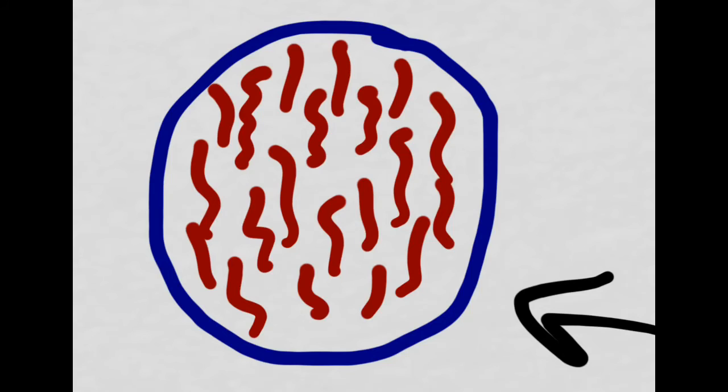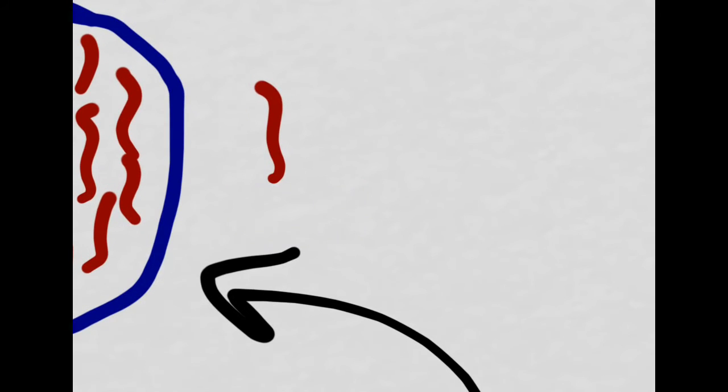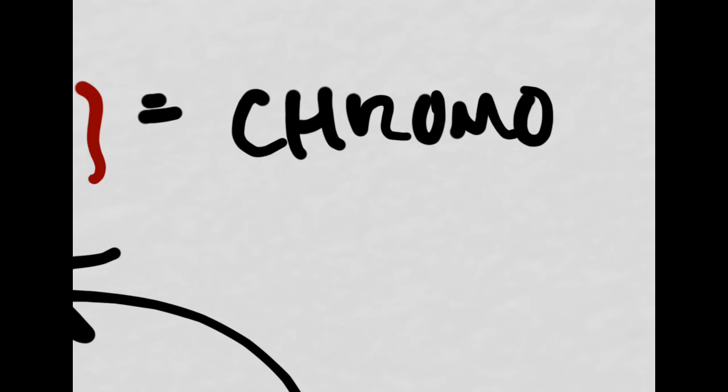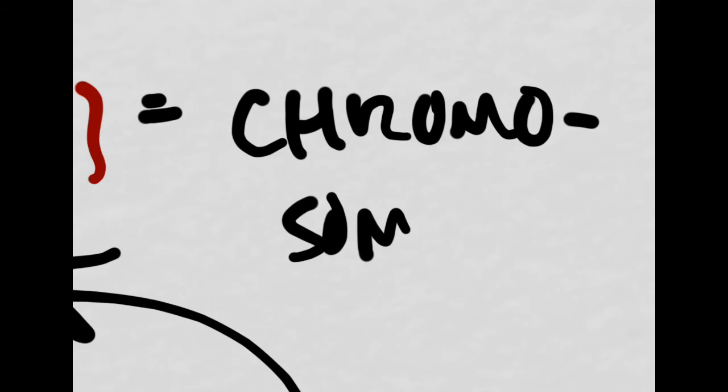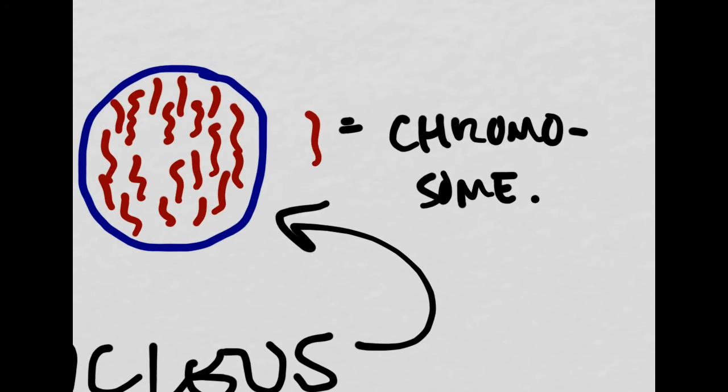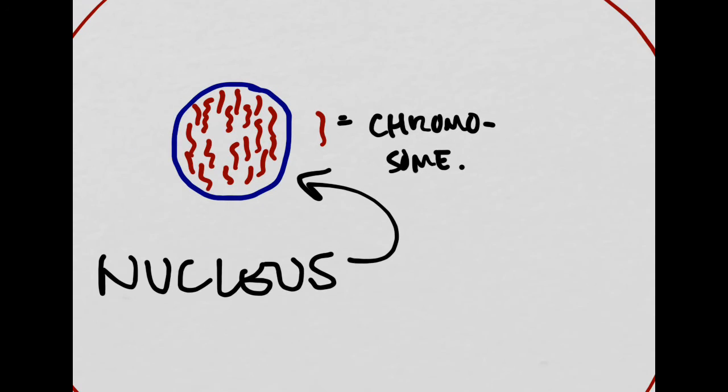So what I want us to do is focus in on one particular one of these fellas right there, okay? And just like we called the single loop of DNA a chromosome in the bacterial cell, we would also call this single strand that we would find inside the nucleus of a eukaryotic cell a chromosome as well. However, the chromosomal arrangement is very different. So let's go to